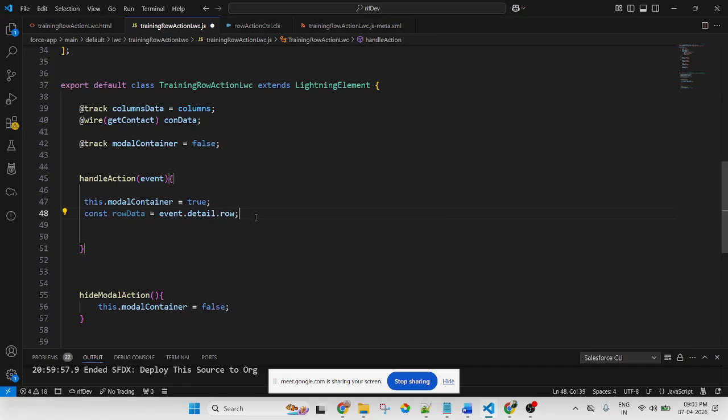So what will it return? It will return the selected record as an object.